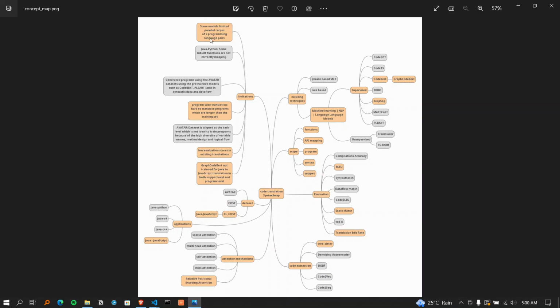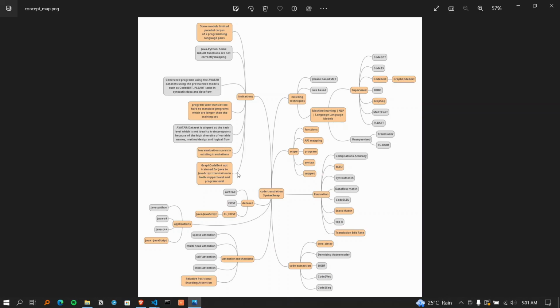The limitation of not training for Java to JavaScript translation is addressed, and the SyntaxSwap supports both snippet and program level translations, and it has a good evaluation score of 79% for just 3 epochs. With the limitation of the resources, I was able to run only 3 epochs using Google Colab